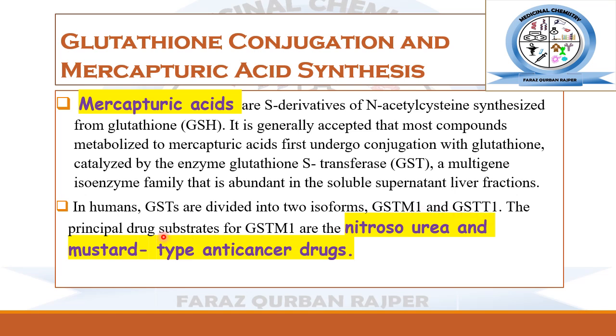The principal drug substrate enzyme is GST-M1, and it is responsible for the conjugation of drugs having a nitrous or urea functional group, like the example of mustard urea type drug molecules, which are a class of anti-cancer drugs, and this type of glutathione conjugation reaction will occur. So this was all about phase 2 drug metabolism reactions, and now